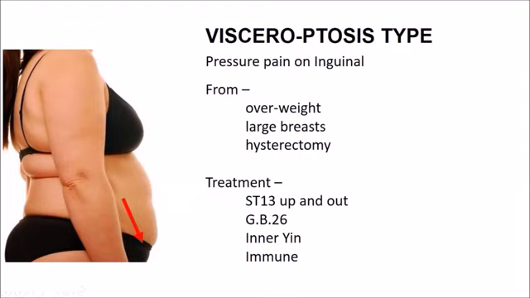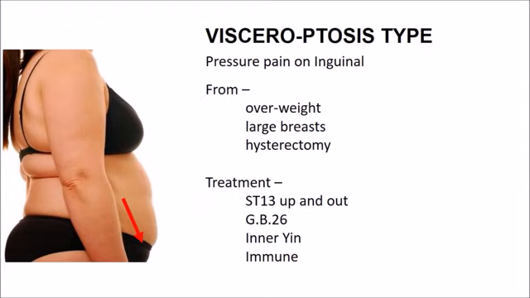There are other structural types that we should address when we see them. They affect not only musculoskeletal issues, but so-called organic issues as well, because they affect the circulation and nerves. The Viscertosis type is another sinking type. It is typical in overweight persons with a large abdomen, as well as with women with large breasts or women